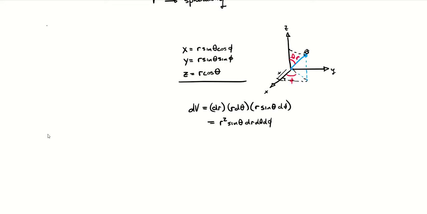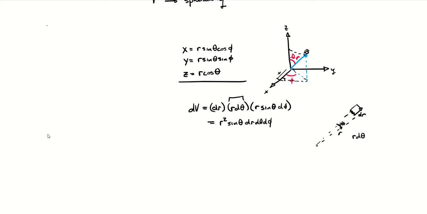The way I like to think about this is think of a cube where the sides are in the directions of the unit vectors of your coordinate system, right? So we have a side of a cube that has length dr in the r hat direction, in the theta hat direction. We have a side of the cube that way. Since we're at some distance r, and dθ is just that angle there, the length of this side is going to be r dθ. So that's this term here.